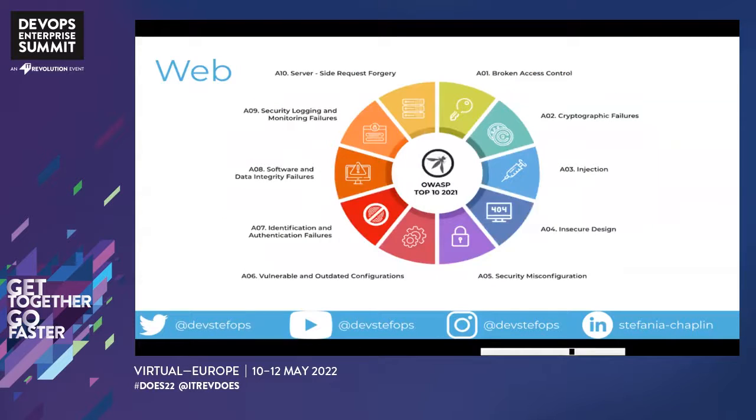So I'm going to talk a bit about security. So OWASP, it's a very famous open web application security. I always forget what the P is, but anyway, they do a top 10 vulnerabilities, and they update it every few years. So recently, with the latest update at the end of last year, there was a new category, which I personally am very excited about: insecure design. So this is very much the shift left mindset.